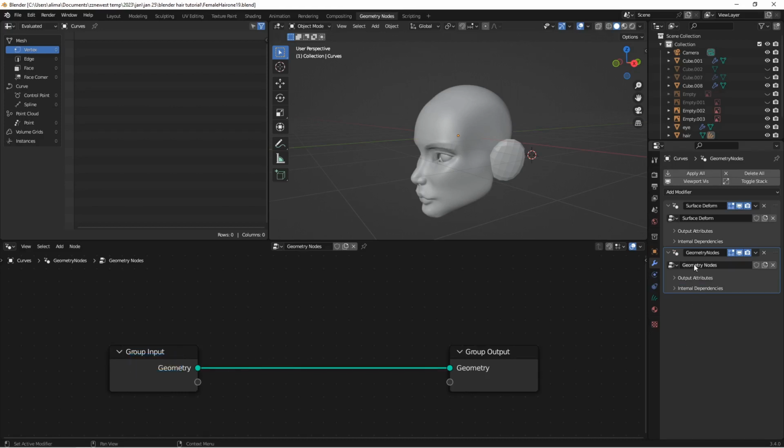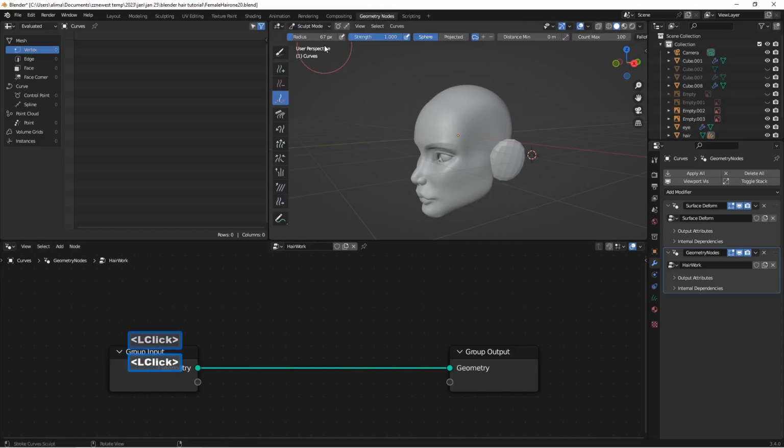Okay, where we see geometry nodes here, we'll click, and we'll change the name from geometry nodes to hair work. As far as I know, the name doesn't matter, other than helping you to identify what you're working with. Okay, so currently we're in object mode. What we want to do is go to sculpt mode. You can see here's our hair